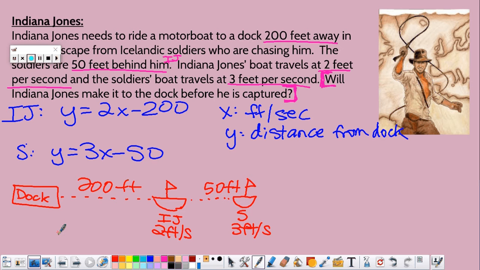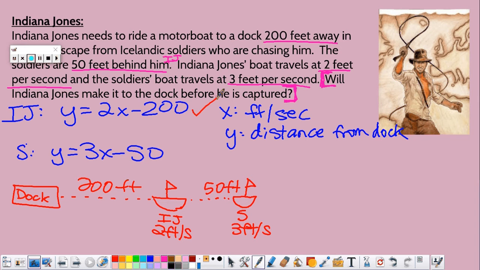Yes? I didn't say to erase anything. Maybe I want you to keep it. Okay? And then does this tell you that they're moving closer to the dock 2 feet per second? Yes? Okay, I'm going to put a check mark next to that one. Okay, what does this one tell you? They're moving 3 feet per second towards the dock. And what does this tell you? They're 50 feet away from